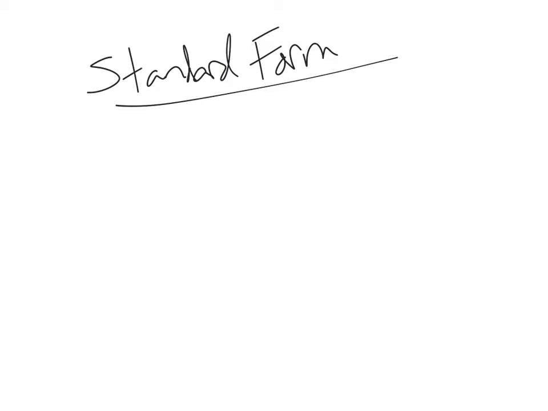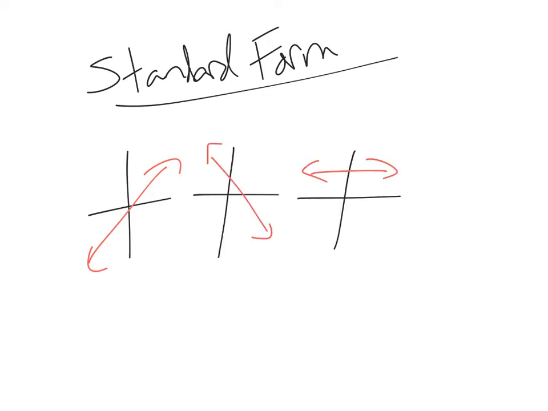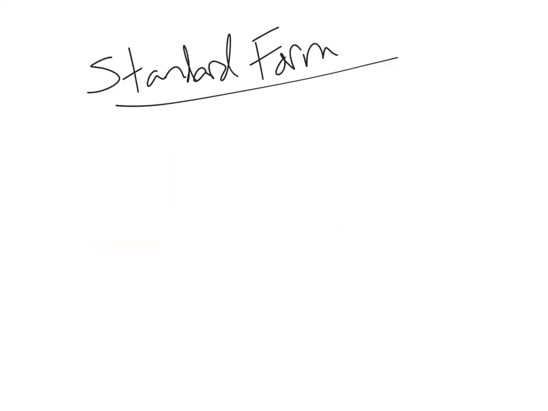A linear equation, remember on a graph, a review of linear equations, they would create a straight line on a graph. Some of them look like this, some of them look like that, whatever they look like, a straight line. Okay, that is a linear equation, an equation that would create a straight line on a graph. And standard form of a linear equation